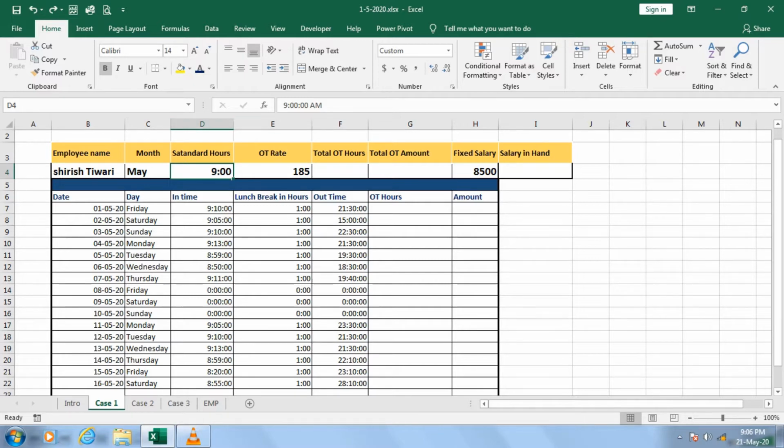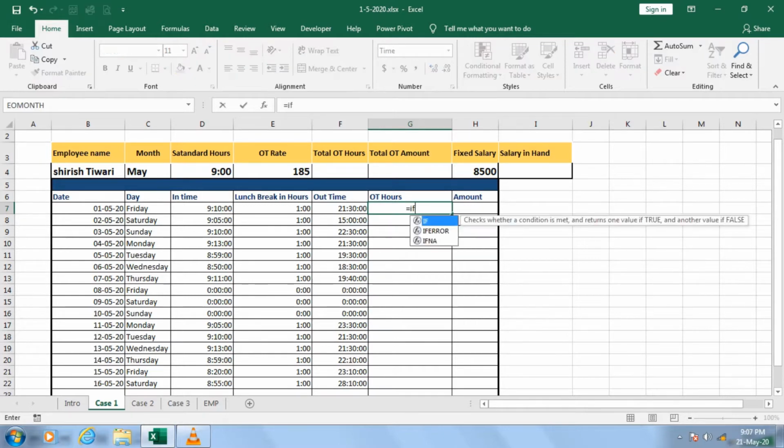To calculate this overtime hours, I have a formula that is equal to IF. In this IF, I use the bracket and say: if this out time minus in time minus the lunch break is greater than 9 hours, let me lock it.